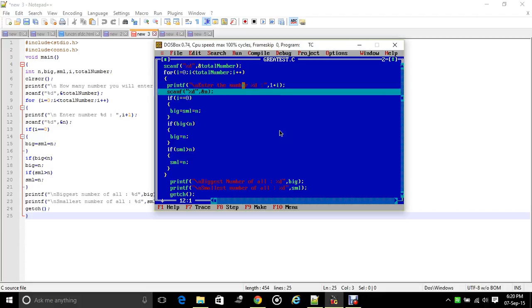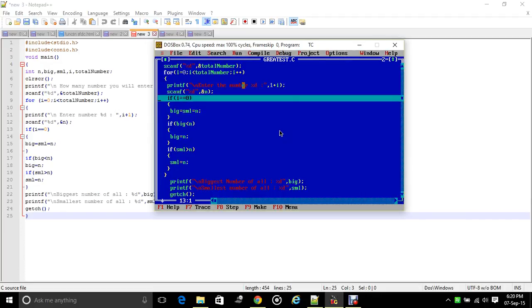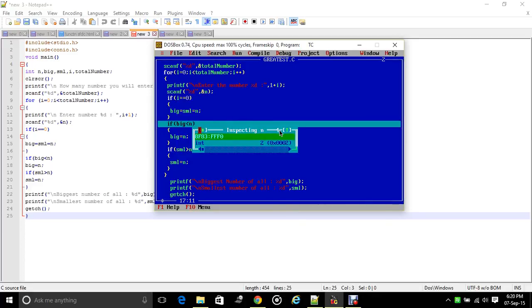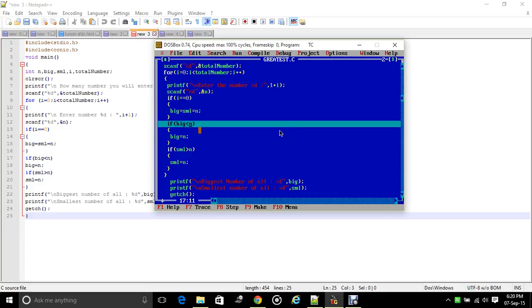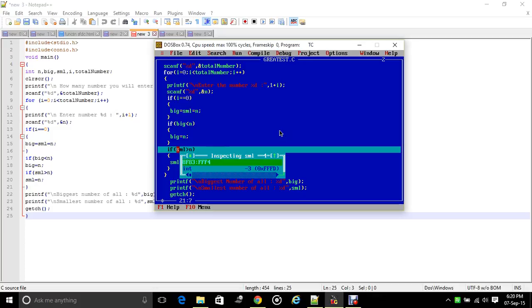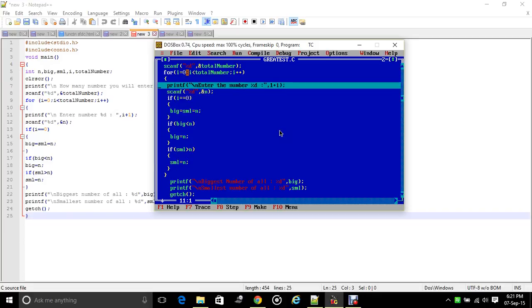Okay, now our loop will continue for the third time. Again I am pressing F7, enter the number 3. Suppose I enter here 2, enter. Again the same criteria will go on. If big less than 7, what is big holding? Again it's holding 7, and n is holding 2, because right now we have entered 2. Again pressing F7, the condition will be met or not. 7 less than 2, false, and small is -3, because earlier n has given its value to this small variable, and n is holding now 2, so -3 greater than 2, condition true or false, false. It again goes back to here.